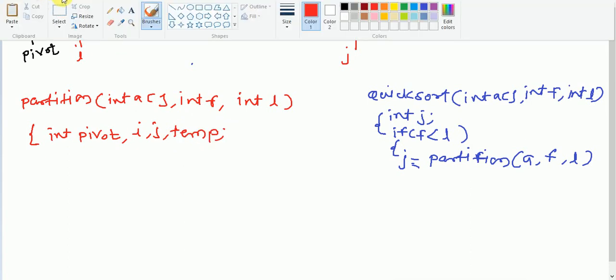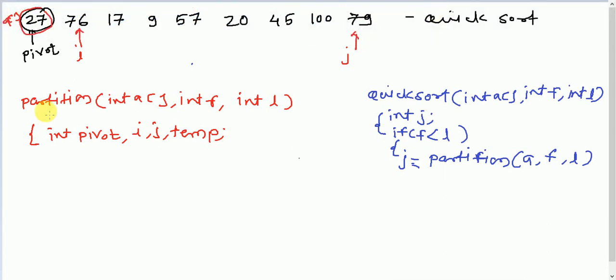Now first of all, we are declaring the pivot element. What is my pivot element here? Pivot is pointing to A of first. This is our pivot element pointing to my first element, right? Then I will start from my first element because I am doing I plus plus, and j is pointing to my last element.